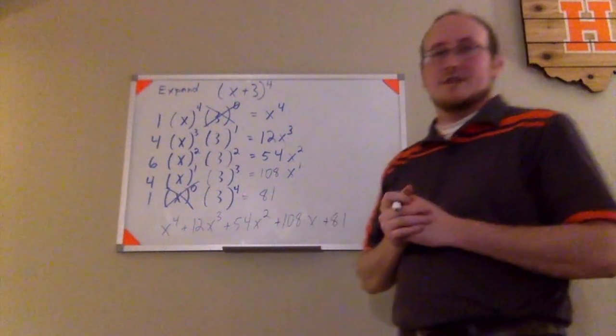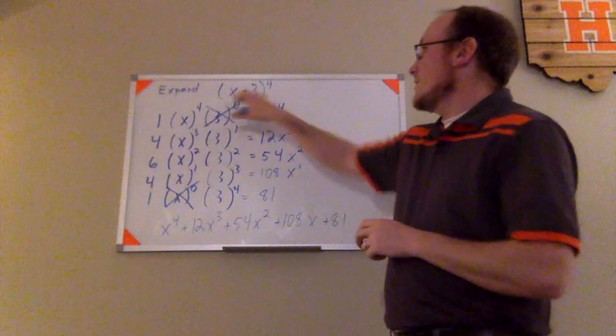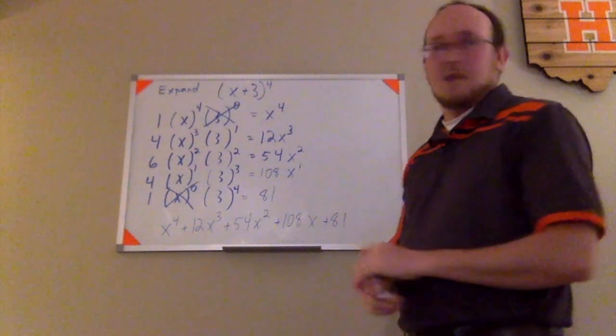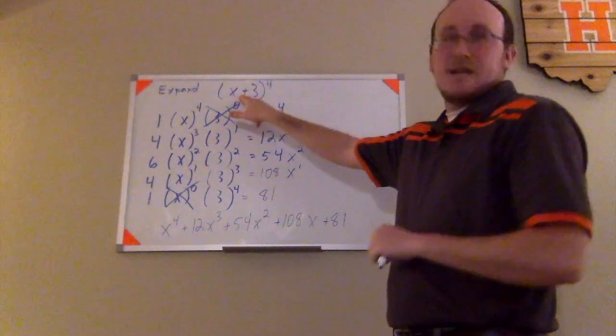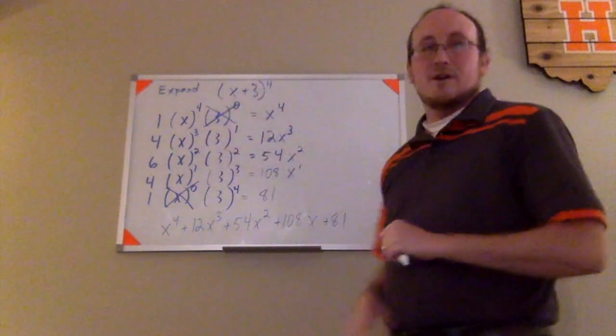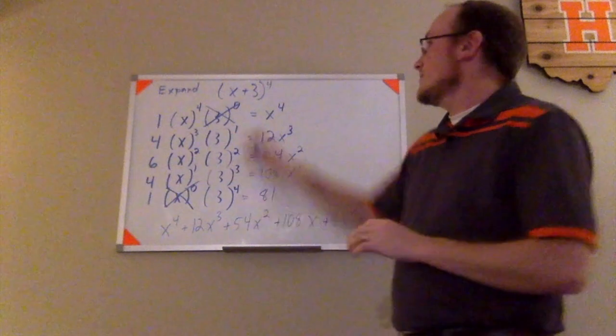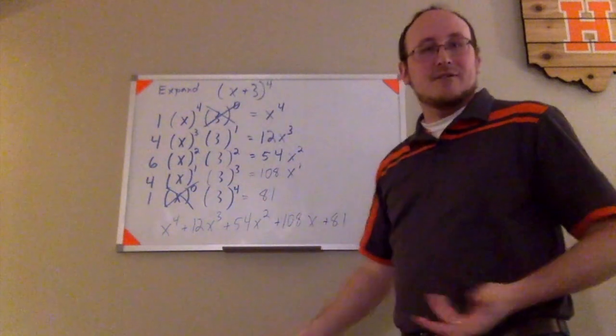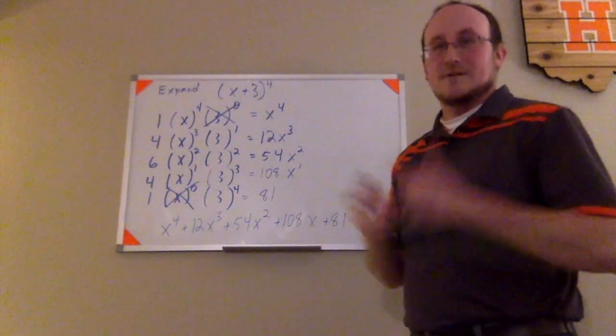We'll look at several other examples in a moment where different things about this change and get a little bit more complicated, like what happens when there's a negative here. What happens when there's a number in front of this? What happens if there are numbers and variables in both places? What happens if there's a power on the variable inside there already? How is that affected? So we'll look at that in